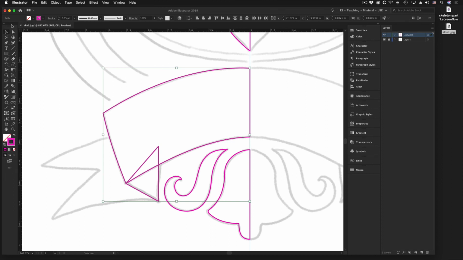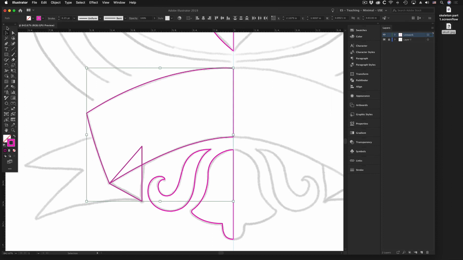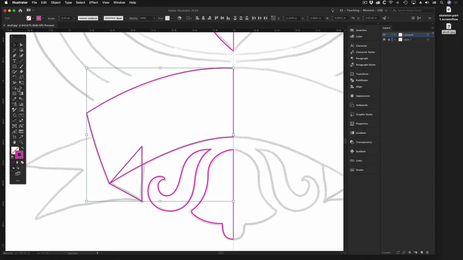I have what's called the shape builder tool. Let's drag this out a little bit. It's this tool here that has kind of some circles and a direct selection tool there. It's called the shape builder. If you select that and then you mouse over the shapes that you have selected, again we selected the triangle and this curved shape,